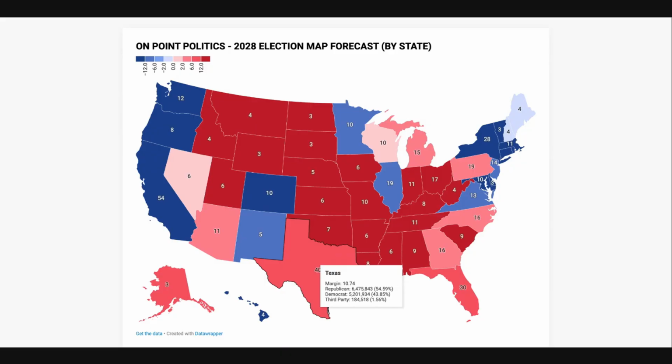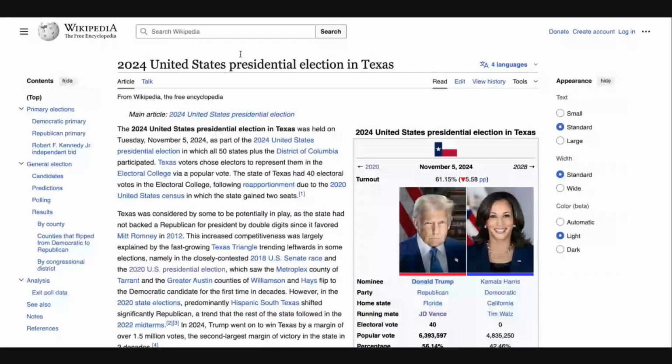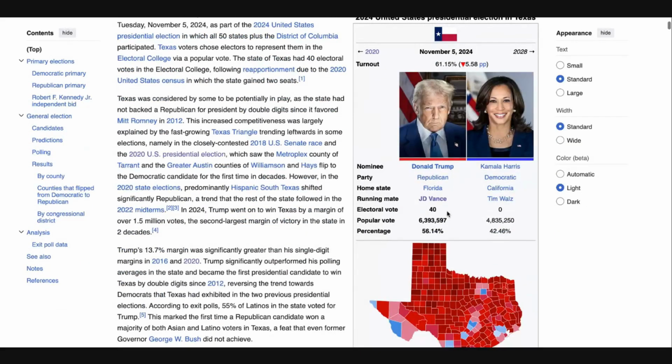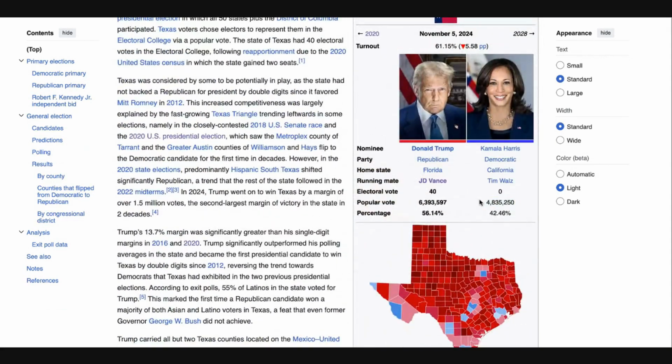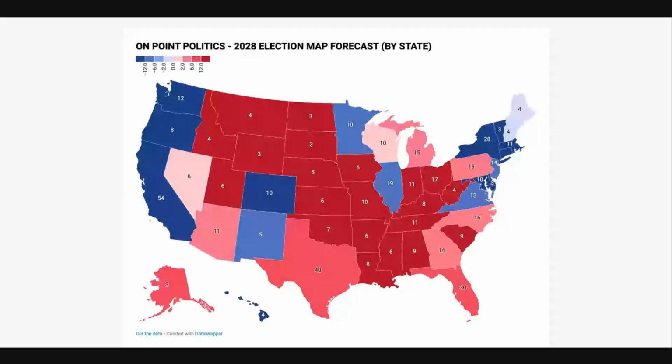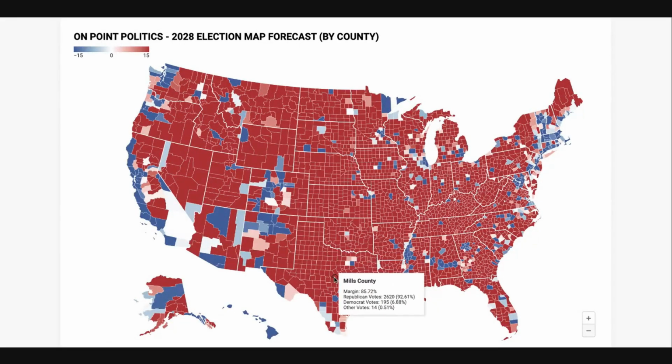If you look at the state of Texas from the last election cycle, Vance actually gets more votes than Donald Trump in the state, but Pete Buttigieg gets a little bit more turnout than Harris. He actually ends up improving massively in some of these southern counties, so he does a little bit better near the border, which is quite interesting. And we can even look at the county map here.